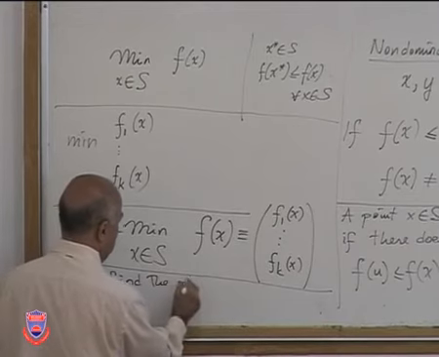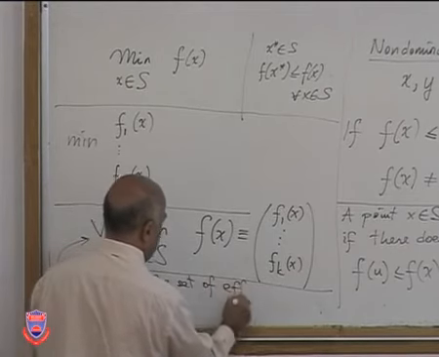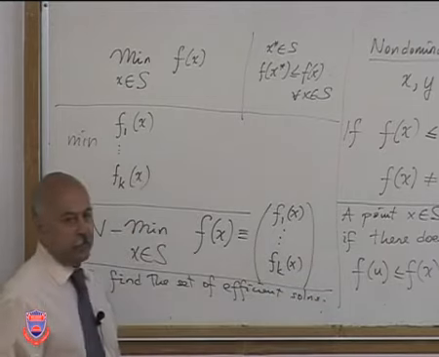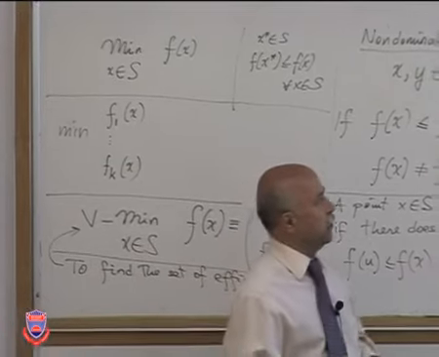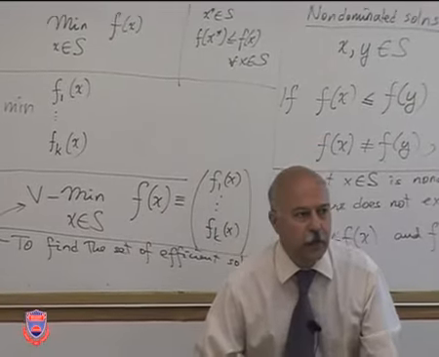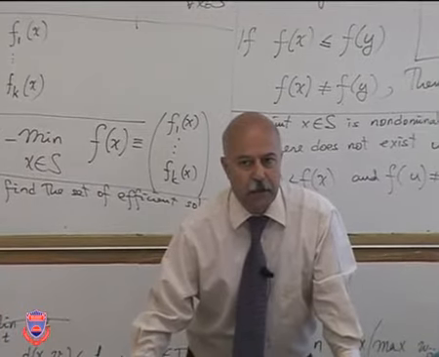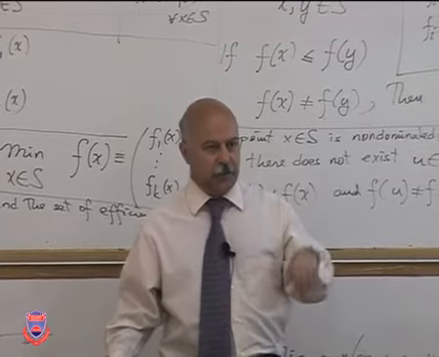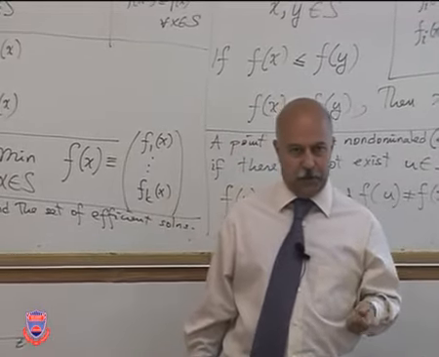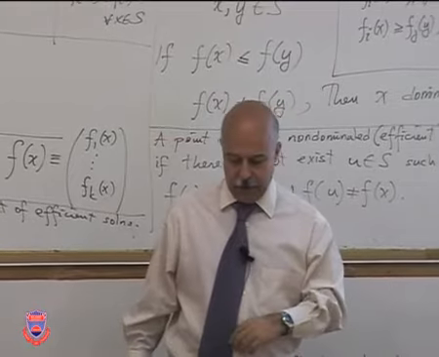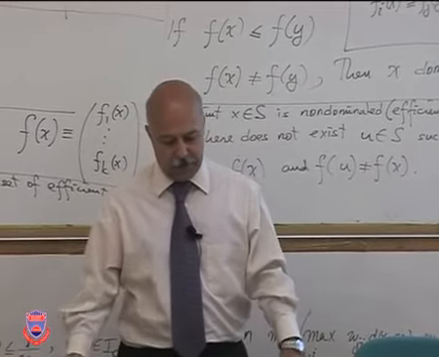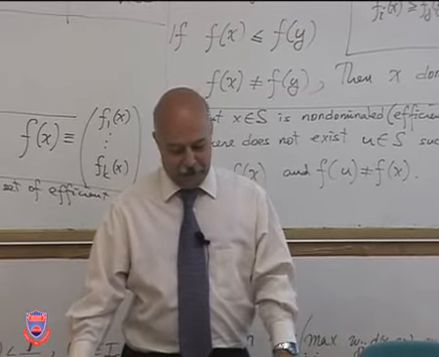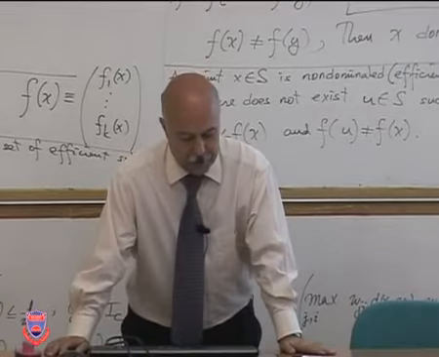So the main idea in vector minimization is to find the set of efficient solutions. That's what you're looking for. And in the context of the P-centdian problem, you're looking for a P facility point set. You've got 2 objectives. One is the minimax objective, the other one is the minisum objective. One is the median type, the other one is the center type. That's why it's coined as centdian. Halpern is the first one to consider this.